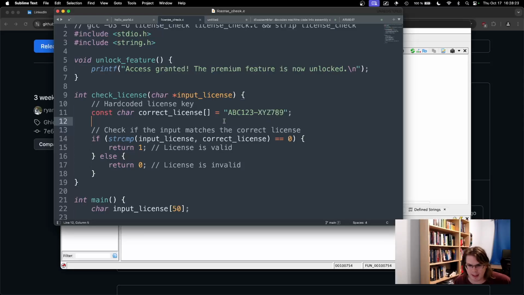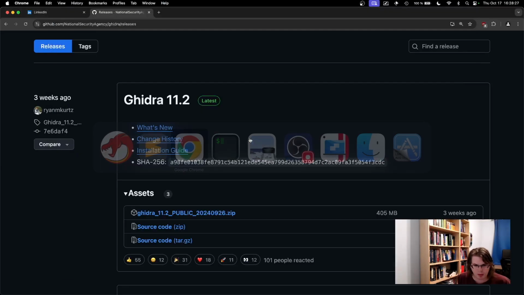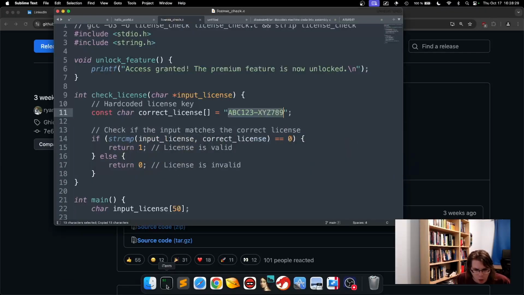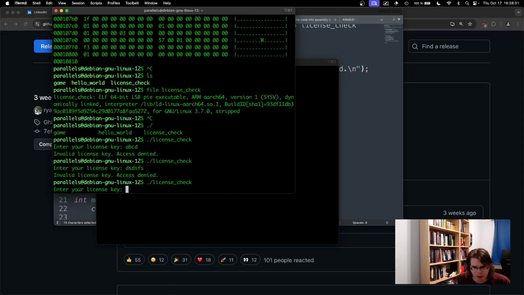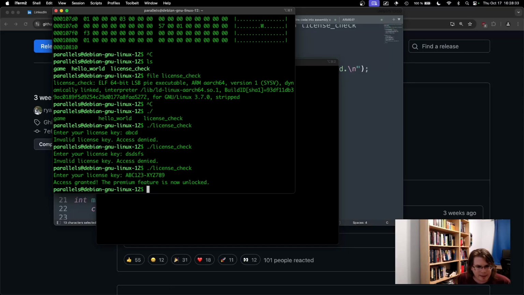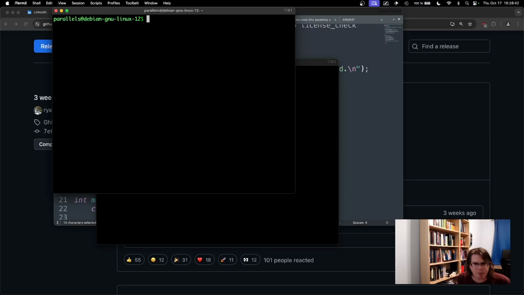So basically, if we would input into that, which we don't know, but if we just would put into that, it tells us access granted. Question is now, how do we learn about that? And well, there are multiple ways to do that. Let's start with the